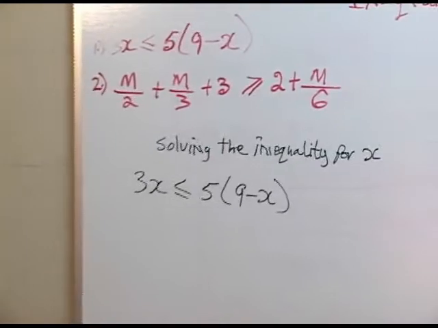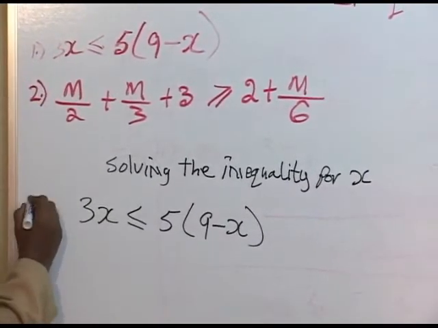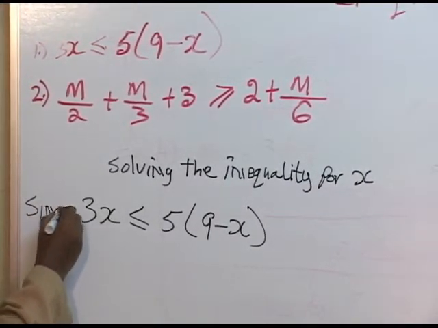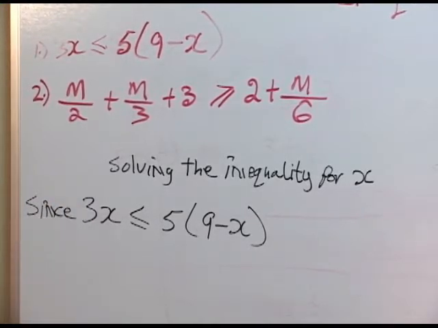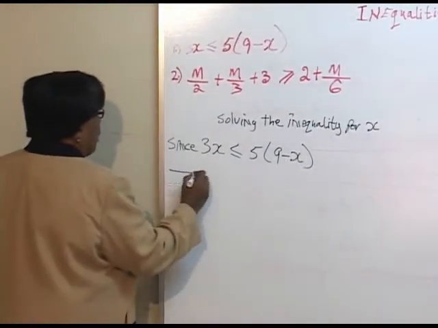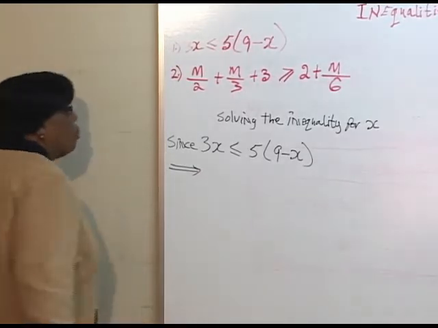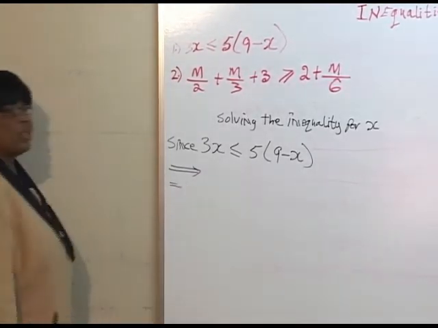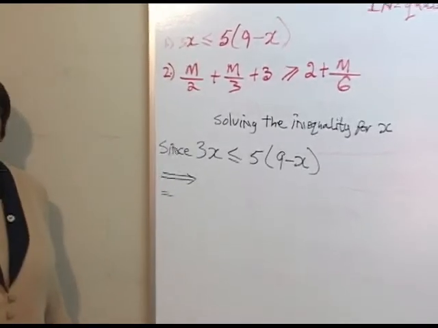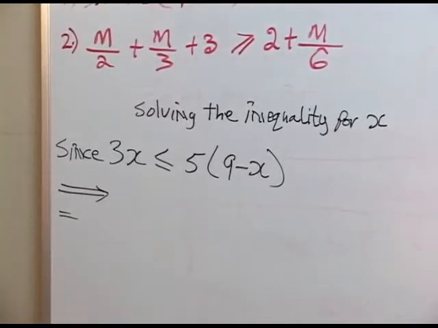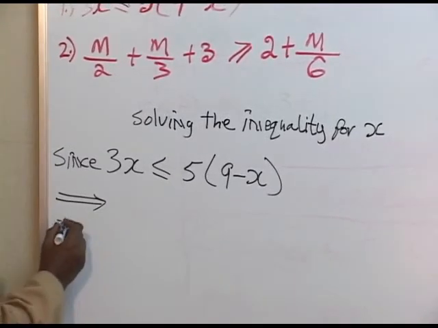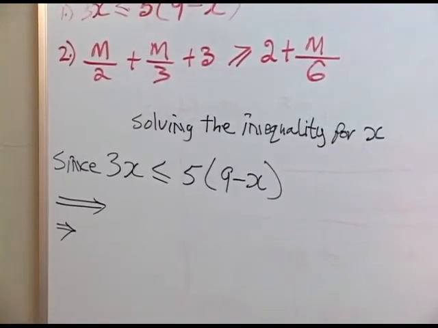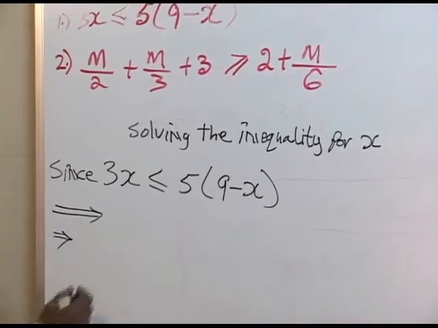And of course, we would start with a word that says since, because you're going to be taking it from your exam paper. So you're saying since 3x is less than or equal to 5, open bracket, 9 minus x, this would imply, and you can just use your arrow, put a head on it, because I see some of my students that write in this, that looks like equal. And then you're going to be ending up with nearly several equal signs in the same equation. So please don't forget to put on the head on the arrow, just because that means this implies,